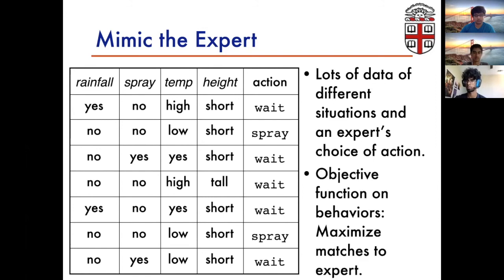Then we give the computer an objective function over behaviors. We say, find a behavior that maximizes the match to the expert on these examples. So we give the computer the training data and the objective that says, match this. It can then search through the space of possible rules or possible programs and essentially program itself to mimic the